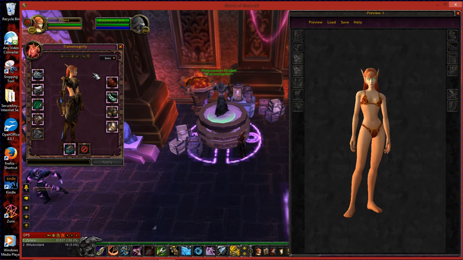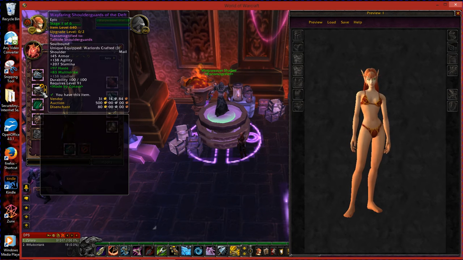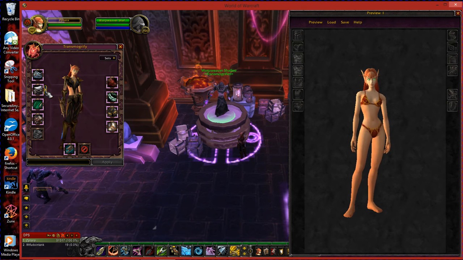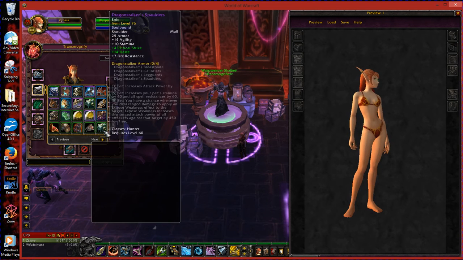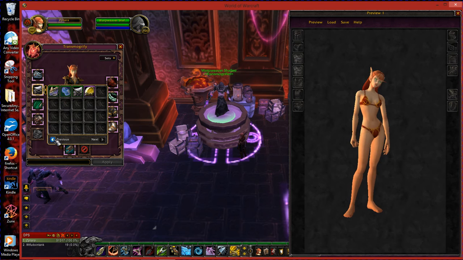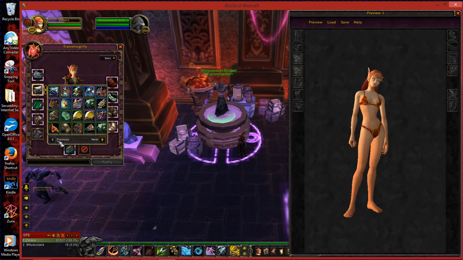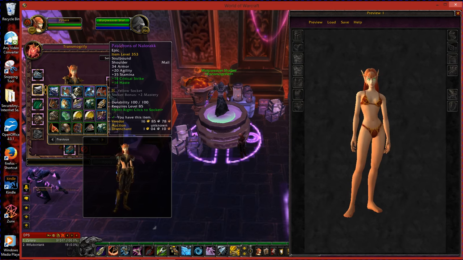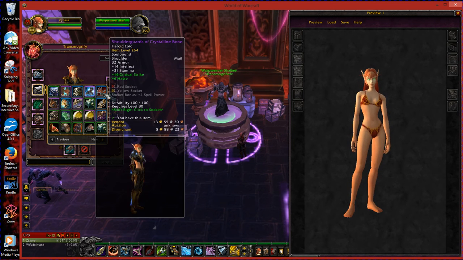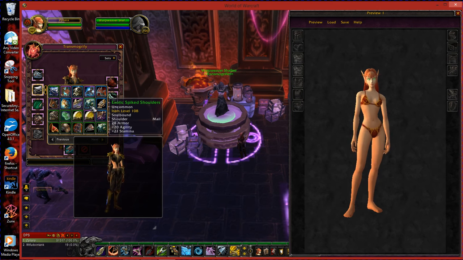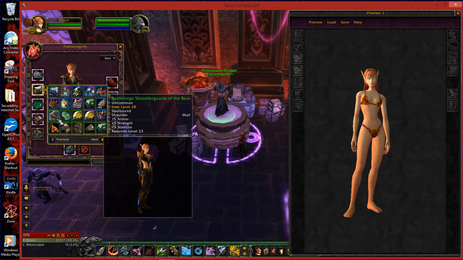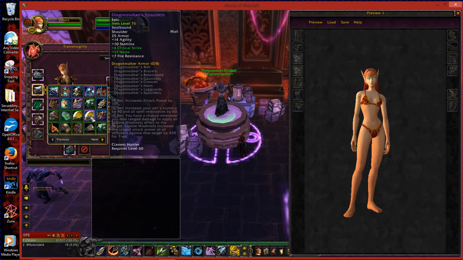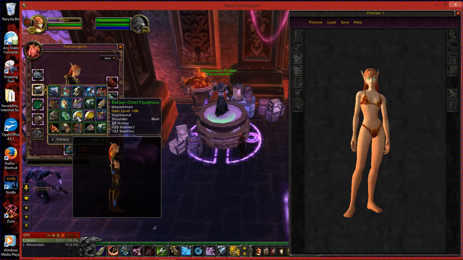Since I'm not smart enough to do that, I have to do this longhand, but that's okay because it will show you another method. Here we will start with the shoulders, and when I click on the yellow arrow, it pulls up all of the shoulders I have in all of my areas, the bank, the void storage, and my bags. As you can see, I've got quite a few. I decide on which look I'm going for, and for this one I will go with one of my favorites, which I actually have on my absolute favorite currently, but I need to show you how this works. Ooh, pretty.